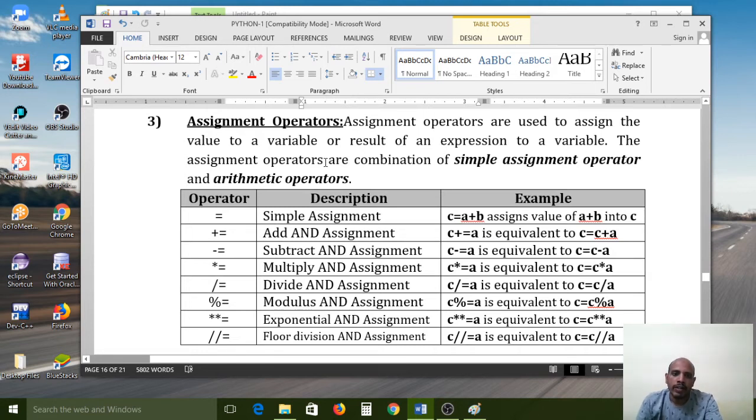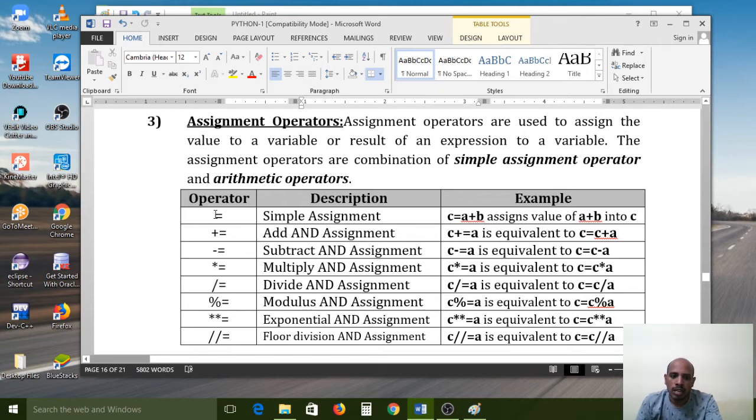So the assignment operators are a combination of the simple assignment operator and arithmetic operators. Here we have a number of operators: plus equal to, minus equal to, multiplication equal to, division equal to, modulus equal to, exponential equal to, like that.